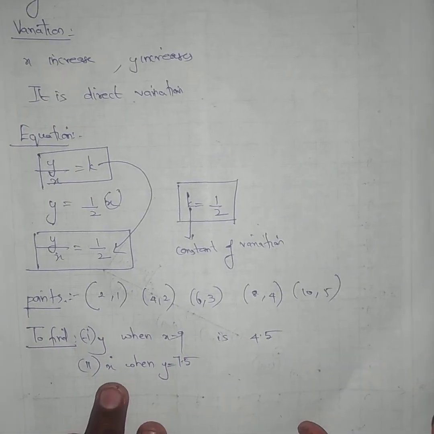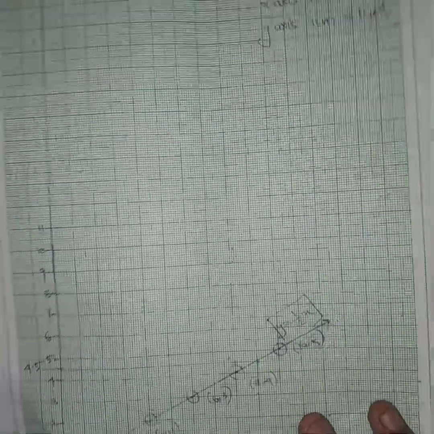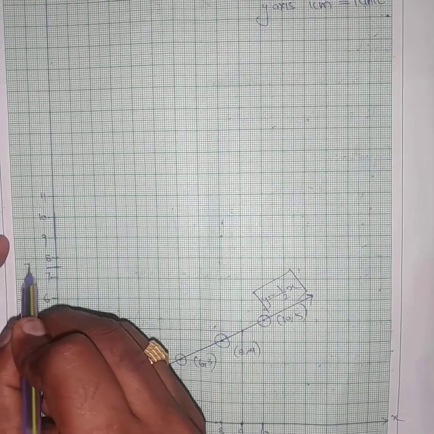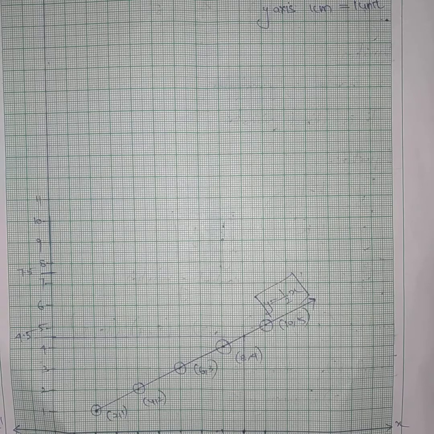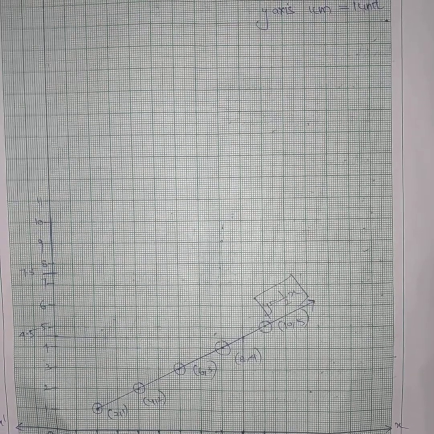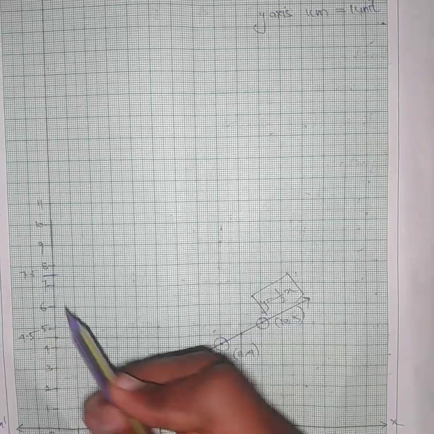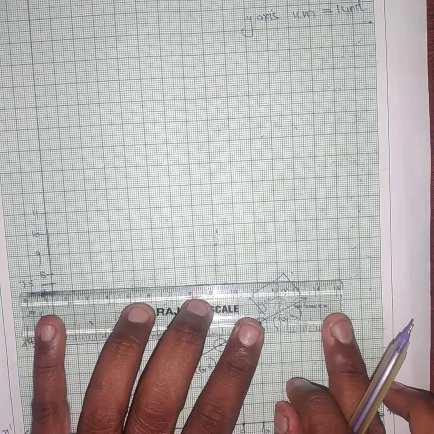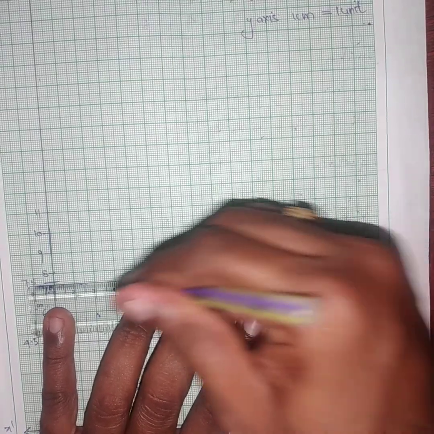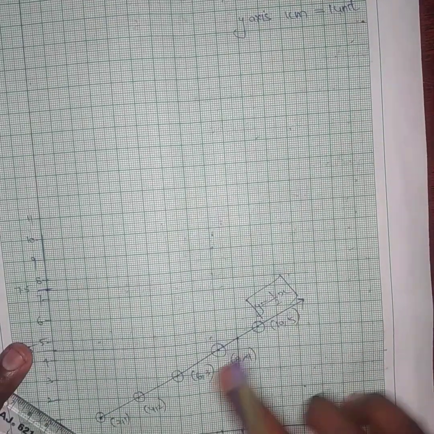Next, I need to find x when y equals 7.5. When y equals 7.5, see, after 7 and 8, this point is nothing but 7.5. So, see the problem here. In between 7 and 8, 7.5 comes. If I am going to draw the line, see very carefully, it is not cutting our line, it is not touching the straight line. So, we need to extend.